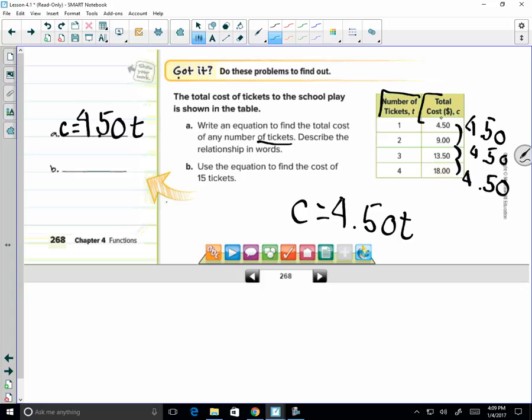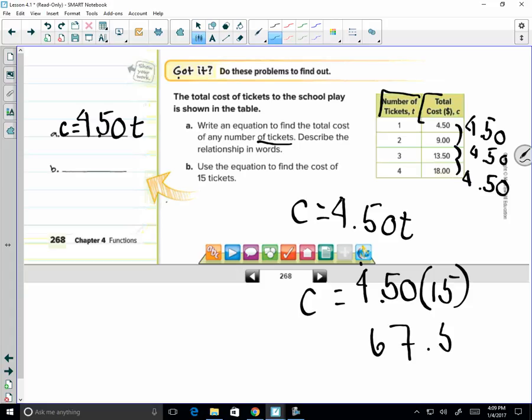Well, you could say something like the cost goes up by $4.50 each time you buy a ticket because each ticket costs $4.50. Now it says use the equation to find the cost of 15 tickets. Well, if I want to know what the cost of 15 tickets is, all I have to do is plug in. I have my equation right here. So I have cost is equal to $4.50 times how many tickets I want, which in this case is 15. So $4.50 times 15 gives me, multiply those out,